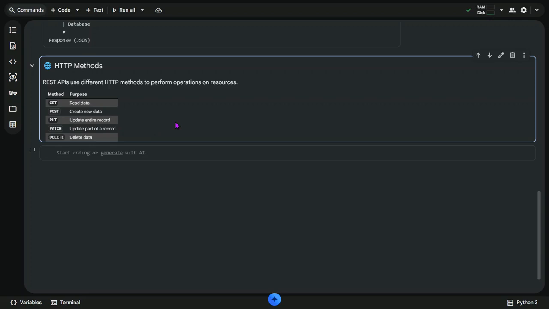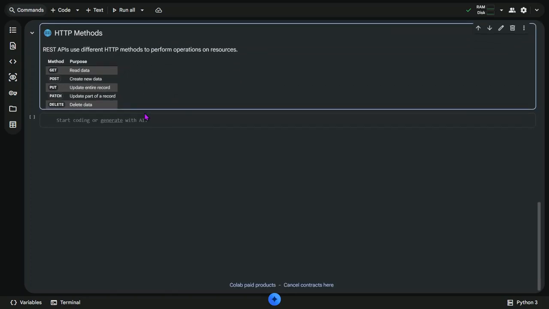So whatever you want to do, there are separate HTTP methods, which will be very useful to perform operations on your resources. Okay, I'll give you an example. No worries, I'll give you an example. So, for example, if you guys wanted to